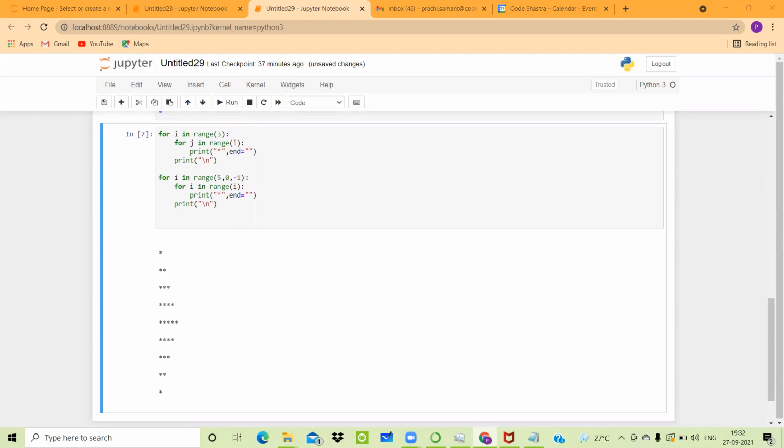So first it will take the value of I from 0 to 4: 0, 1, 2, 3, 4. Then the value of j will be, again, you are specifying I as a condition.